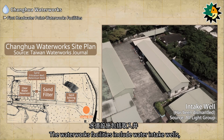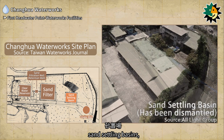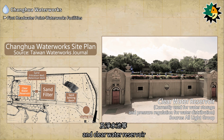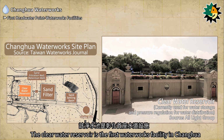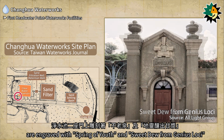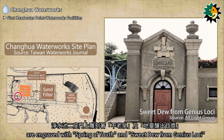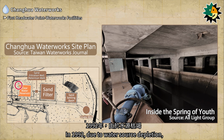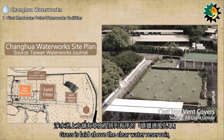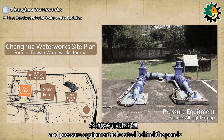The waterworks facilities include water intake wells, sand settling basins, sand filter, sand filtration well, and clear water reservoir. The clear water reservoir is the first waterworks facility in Changhua. The doors of the clear water reservoir are engraved with Spring of Youth and Sweet Dew from genius loci. In 1992, due to water source depletion, the facilities are now only used for water storage and pressure regulation. Grass is laid above the clear water reservoir, with neatly arranged cast iron vent covers, and pressure equipment is located